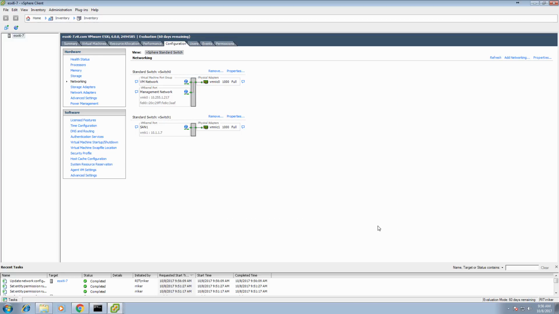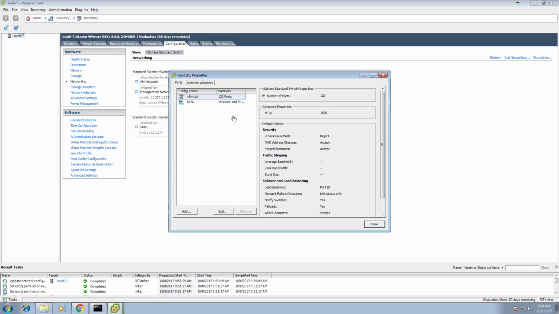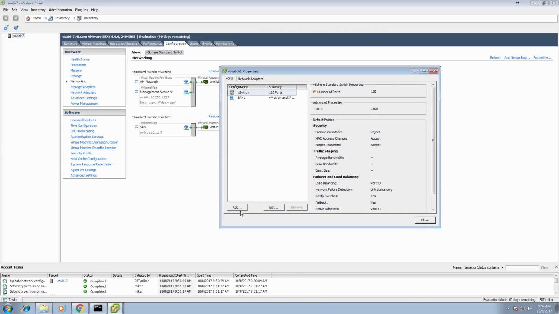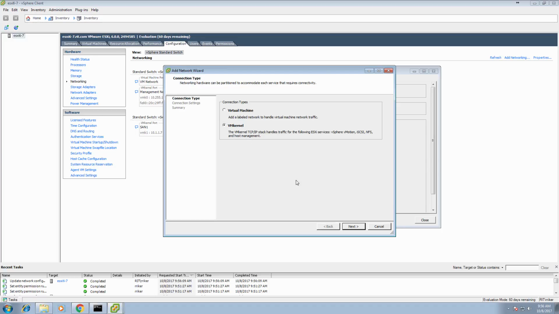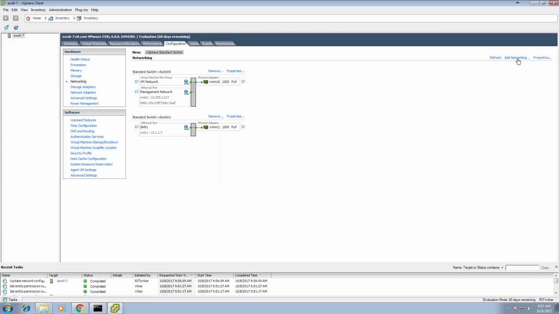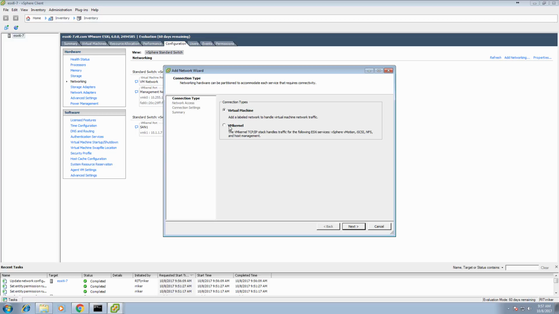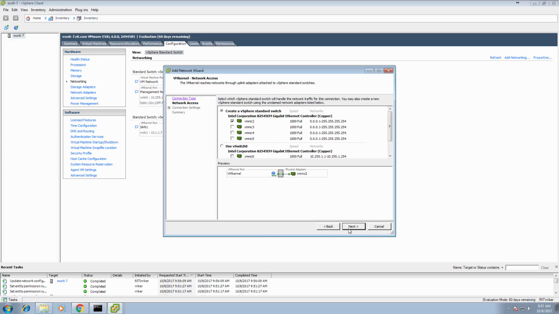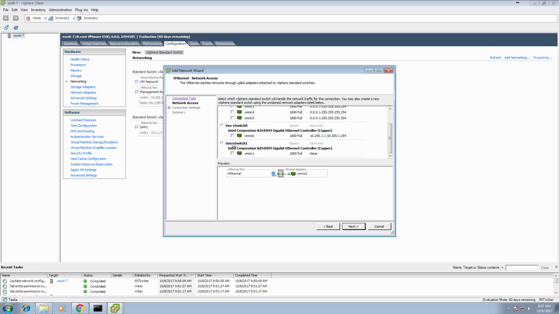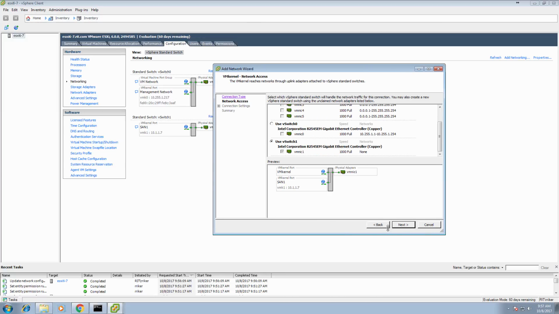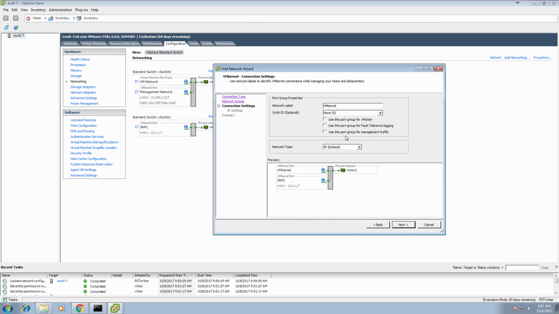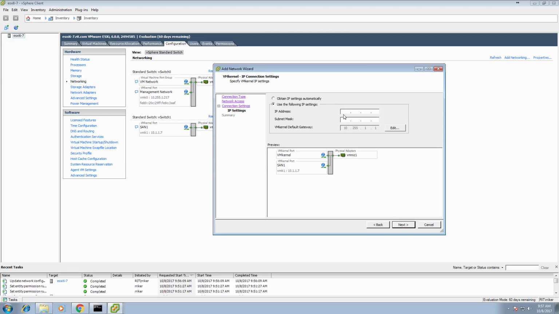Now normally you don't have to do it this way. I can go to the properties of the same vSwitch and say add VM kernel adapter to the same NIC if I wanted to. I don't do that though. I would rather click in here and say add networking, VM kernel, and map it to the same NIC. So I can use vSwitch 1, which is what this one is. Click next, and then click next again, and the IP address of this one is going to be